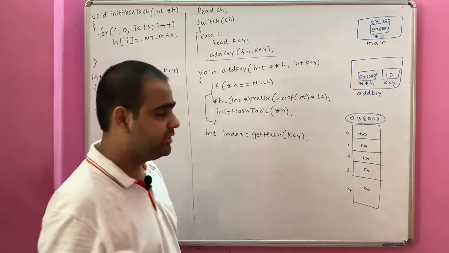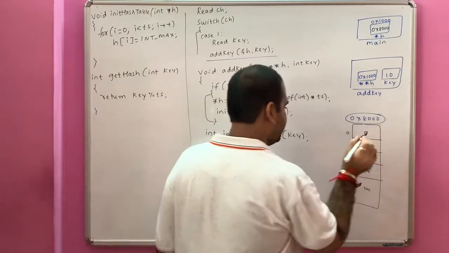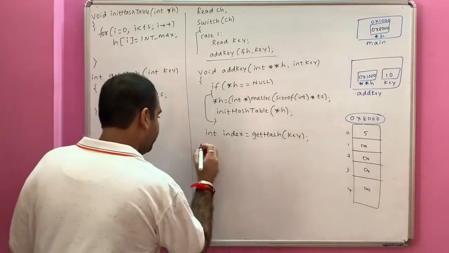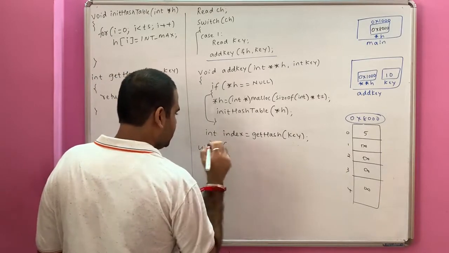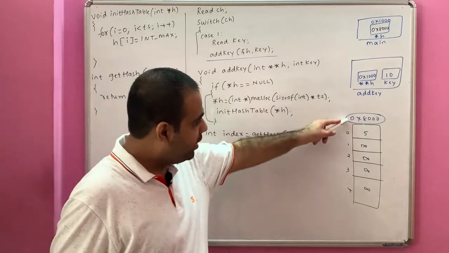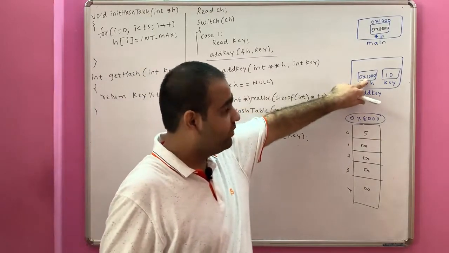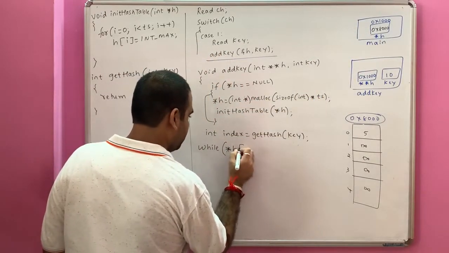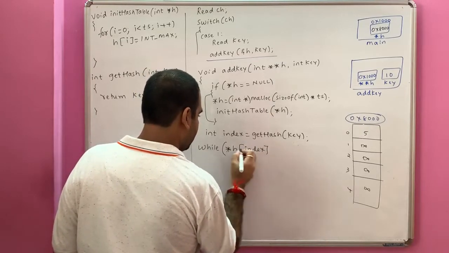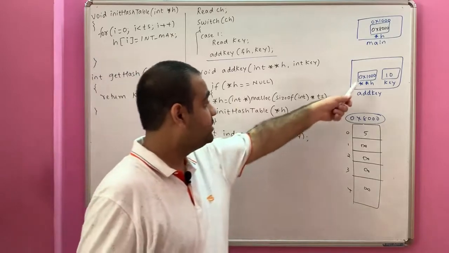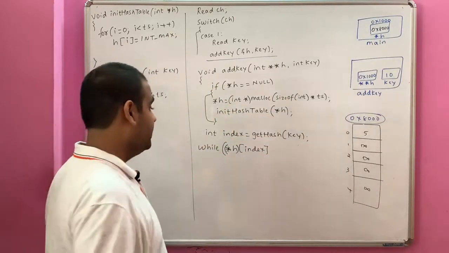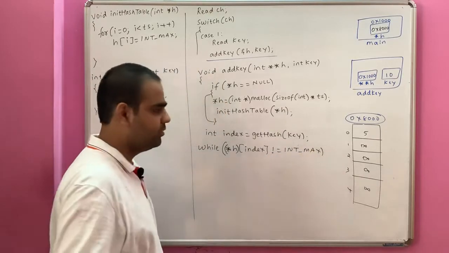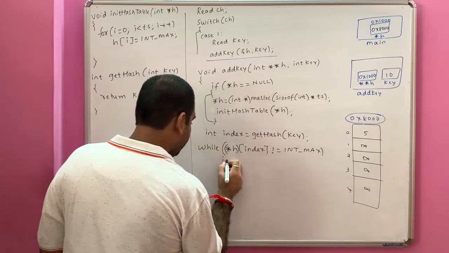Now you want to add it at index 0. Suppose this is 5. Assume at index 0 is already taken. Therefore you have to go to index 1. Hence we will write a while loop. We say while, what do we say? We need to go at 8000 of 0. Now in this add key function we have 1000. You go to address 1000 and you get 8000. Hence we say star h of index. You can put in bracket. What is star h? 8000 of 0. If it is not equal to int max. Yes, it is not equal to int max. Go to the next index. And already I said how do we go to the next index?